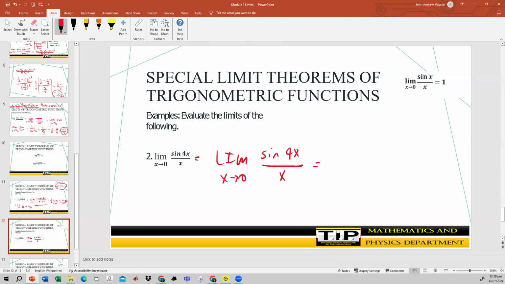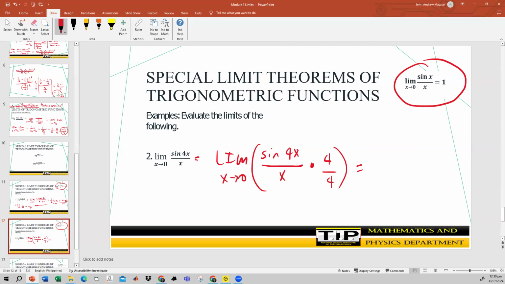So again, you can't apply the first theorem right away, because the denominator must be 4x. So in that case, what I'll do, class, is multiply 4 on the denominator. Of course, if you multiply 4 on the denominator, you must multiply as well 4 in the numerator. In simpler explanation, you just multiply by 1 because 4 over 4 is just 1. Right? So for us to use the theorem, we will multiply this.